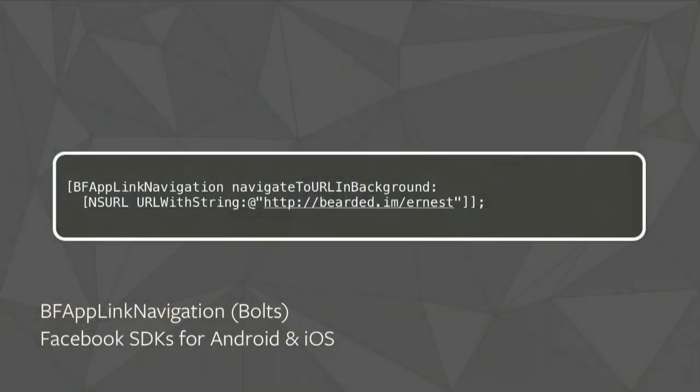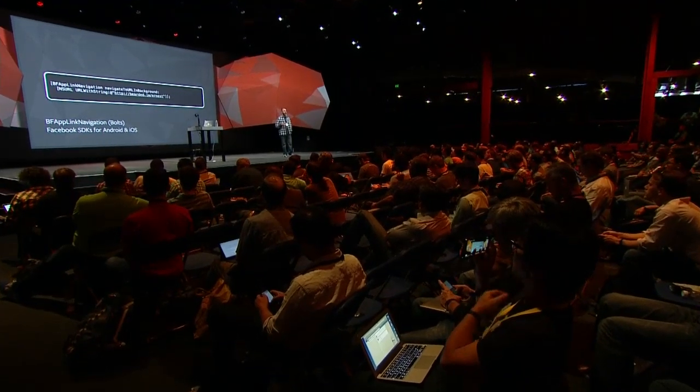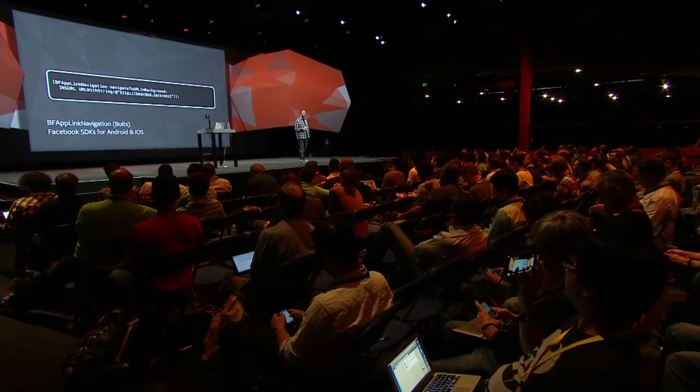So we're building, or we have built, and we're shipping today, libraries to help with that work if you are going to build an outlinking application. This line of code here is the simplest example of a link out to either a web view or a native application, depending on what's going on in the box at the moment, for the bearded.im example. It's showing use of the AppLink navigation class in the Bolts framework, and we have an iOS and Android version of that framework shipping today. What the Bolts framework gives you is navigation protocol support for both outlinking and inlinking applications.